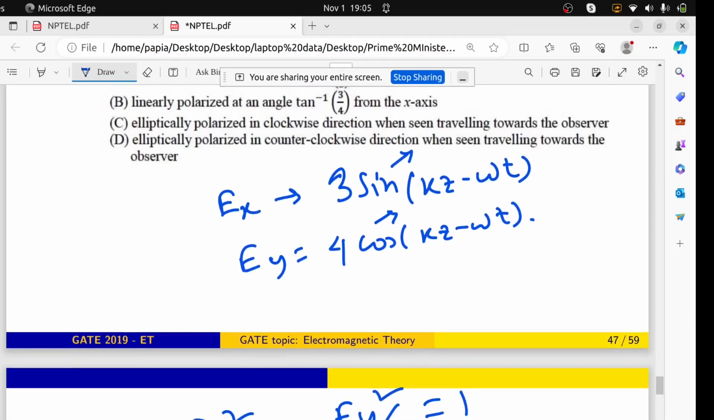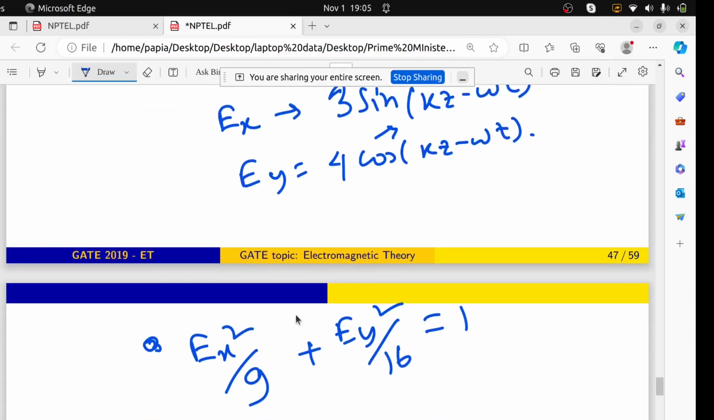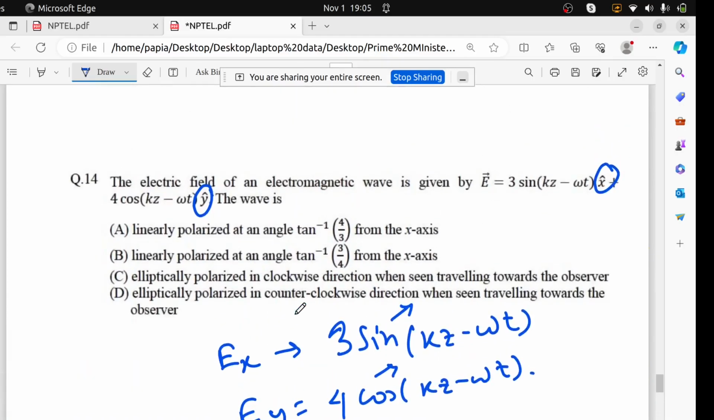Yes. So this is the wave equation for this particular wave we are talking about. And what is the nature of this expression? This is nothing but an ellipse. That means our wave should be in elliptically polarized condition. It will not be linearly polarized. So whatever the first two options were, these two options will not be correct. Let me write one thing. Let me write here E vector as